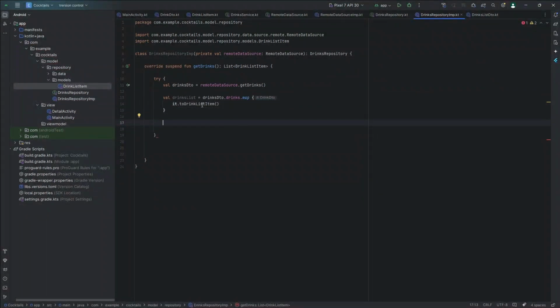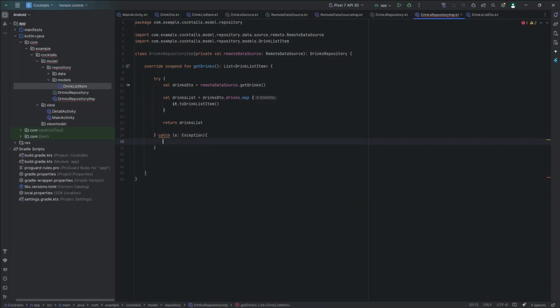So stringsDTO will be mapped to the list of strings, which is the same requirement by our return type of this repository. Let's now return the strings list, and in the catch block